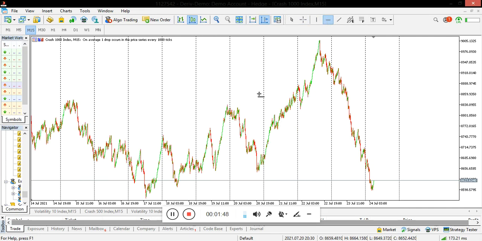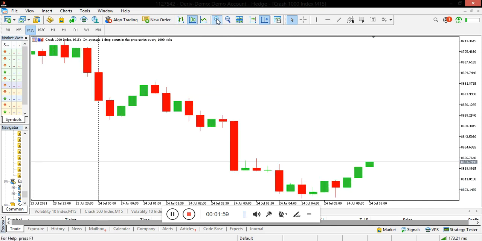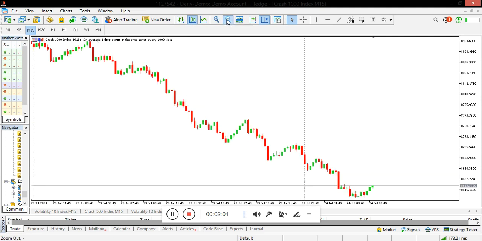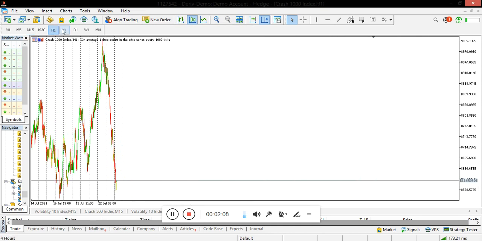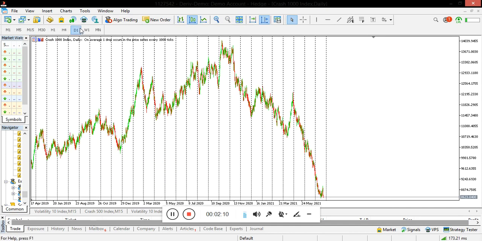When we say support and resistance, we are expected to zoom our chart out completely like this. You zoom it out completely to the tiny size. This is zoom in. You see, this is zoom out. When you zoom out completely, you go to a higher time frame like 1 hour, 4 hours, or daily time frame. When you go to this kind of time frame, it gives you a general overview of